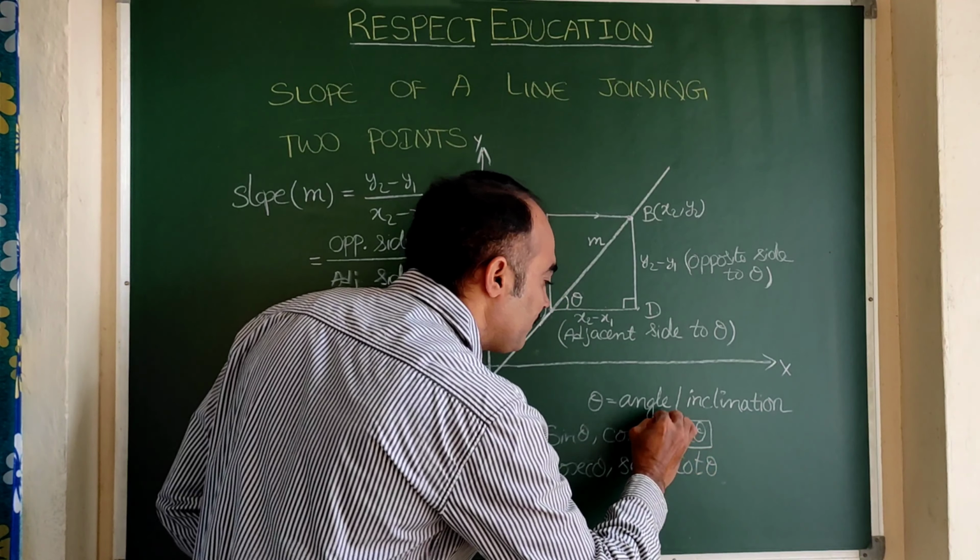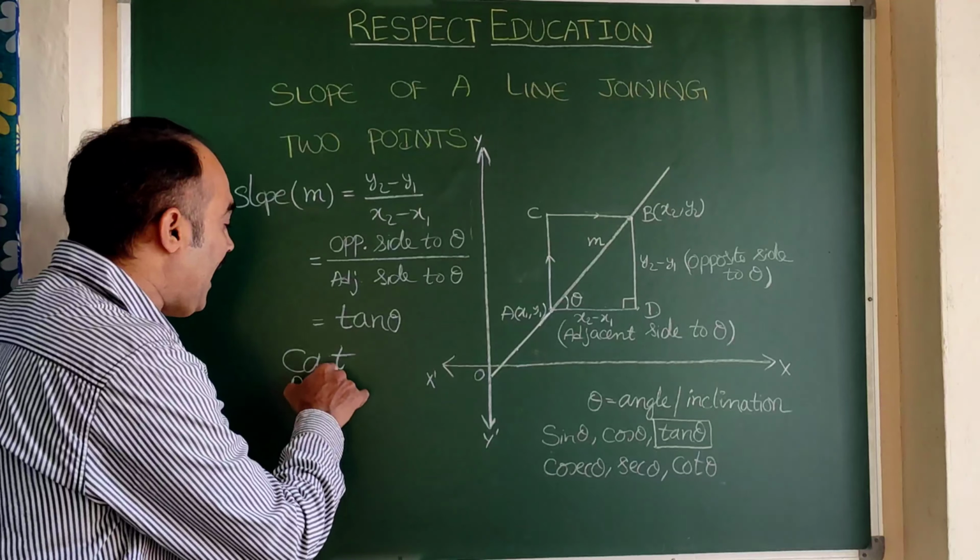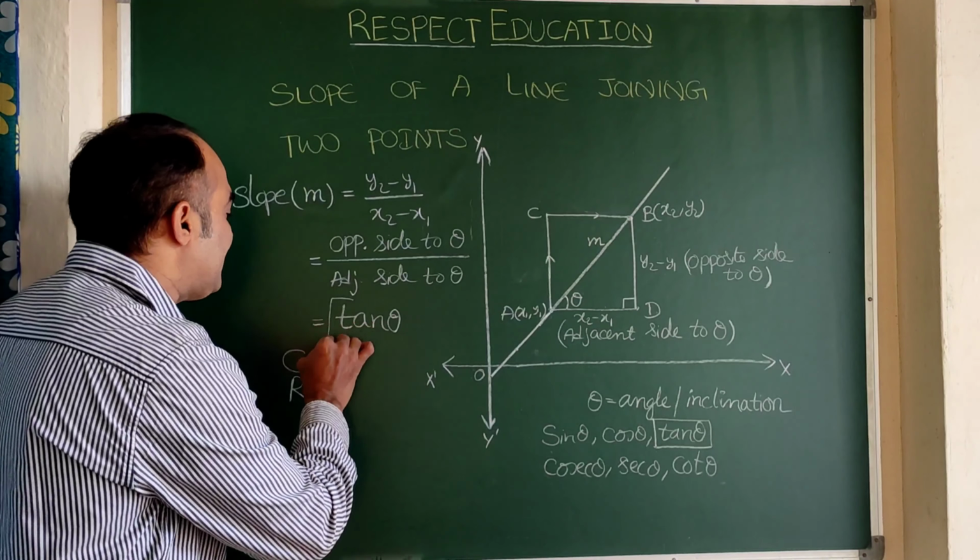So here you see tan theta starts with the letter T. Out of these, sin theta starts with S, cos theta with C, tan theta with T, cosecant theta with C, secant theta with S, cot theta with C. Out of this list, only tan theta starts with T. Earlier I took that the cat climbs up and then catches the rat. There I have taken cat and then rat. Here you see cat and rat both end with T, with which tan theta starts.